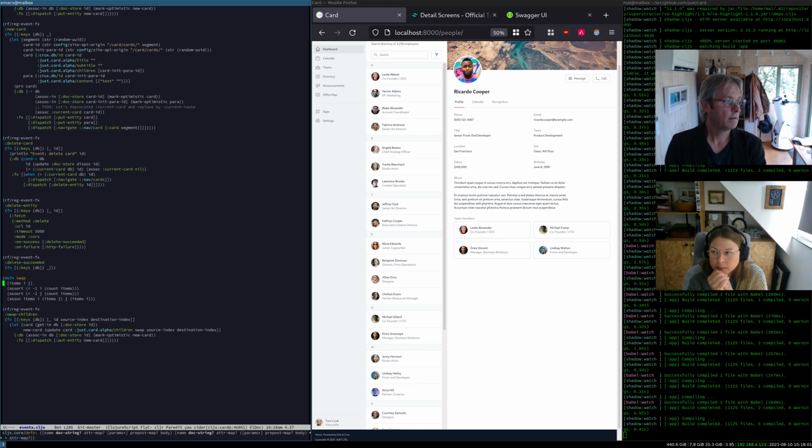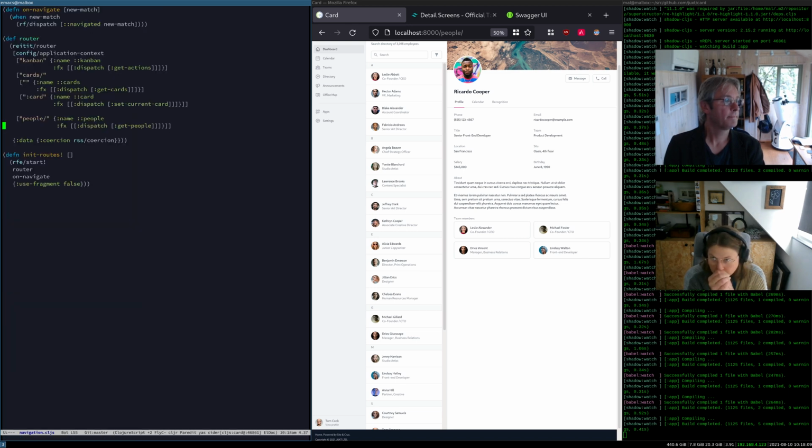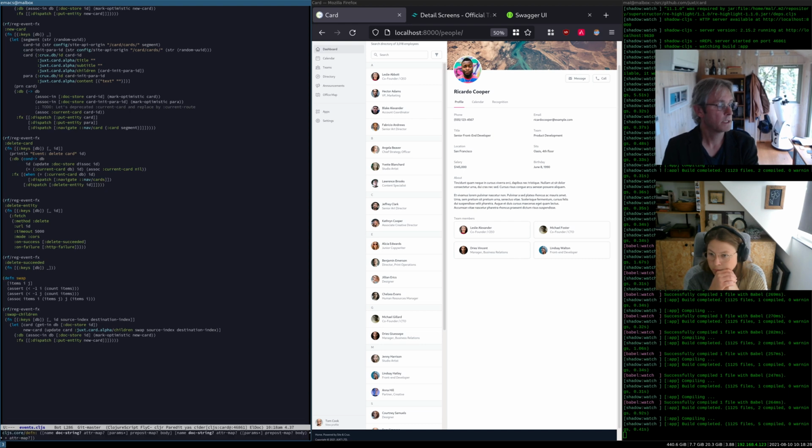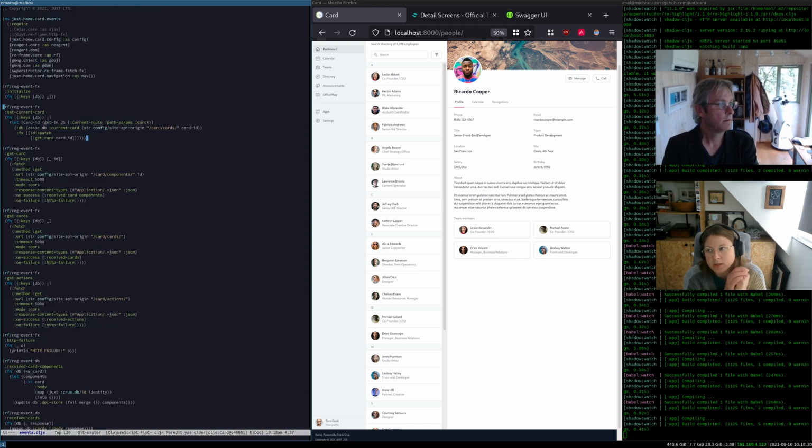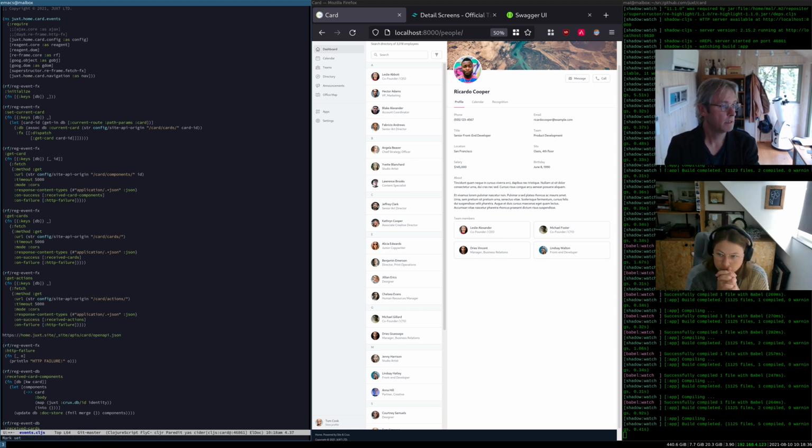Yeah. How would that impact you if you just visited the URL directly? You wouldn't load those, would you? If triggering it, you have to. I think this one would. This is the router, so it would still hit here and it would still dispatch to get people. Oh, okay. So I think that's covered, but we can test it. Well, it works when you visit card, doesn't it? Yeah, you did that earlier. It does. So let's go to, just check it's,